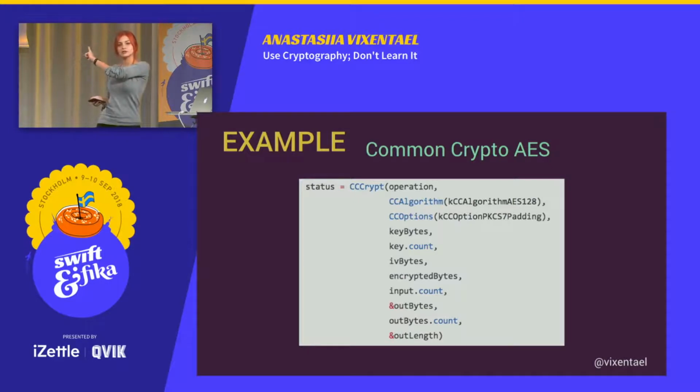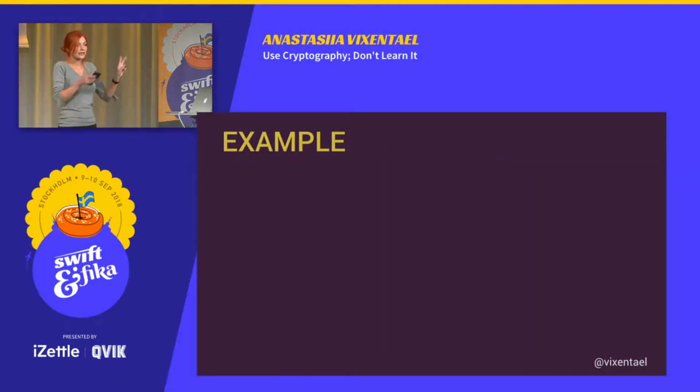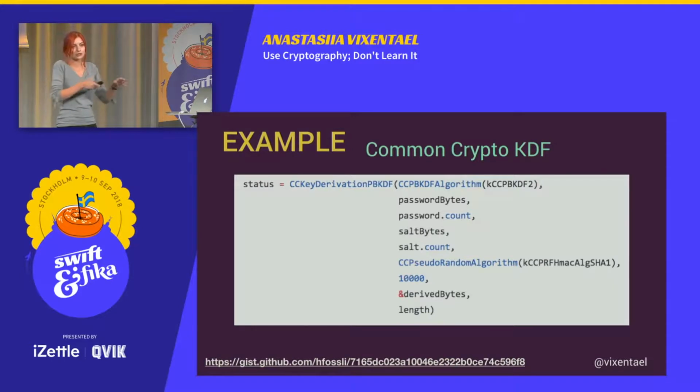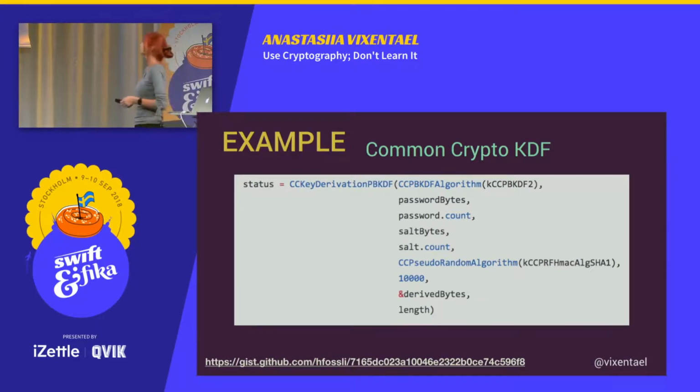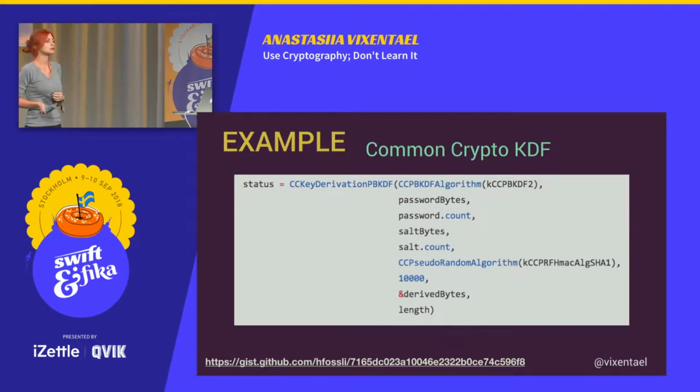So before using encryption in Common Crypto, you should take your string, which you think is a key, and use a key derivation function to make it a really cryptographically strong key. And again, we have a bunch of parameters here, like which KDF to use exactly, what algorithm to use, salt. Does it look boring? No. It looks rather interesting, but no, it's a lot of things to do.